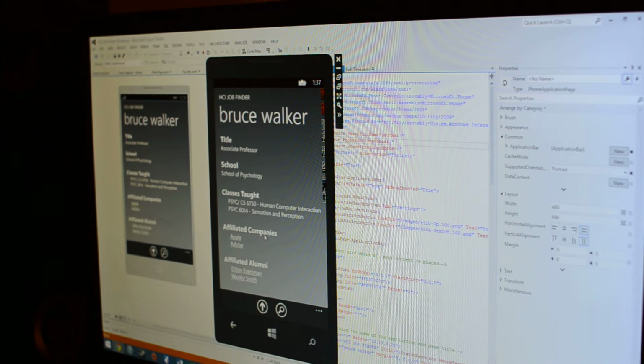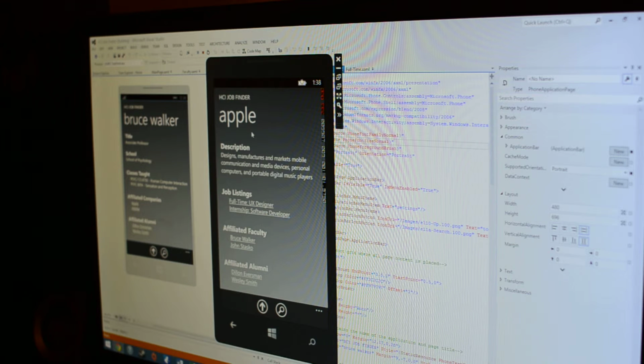And these are actually links to other pages in the application. So if Bruce is affiliated with Apple, all affiliated items are underlined so that the user knows that they can actually interact with that, and it's not just a static list. So he's affiliated with Apple, so we can click on Apple, and it gives you a specific description of Apple